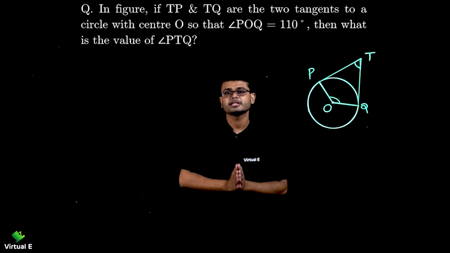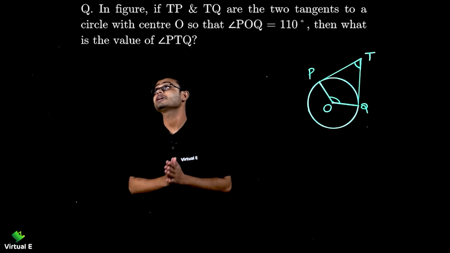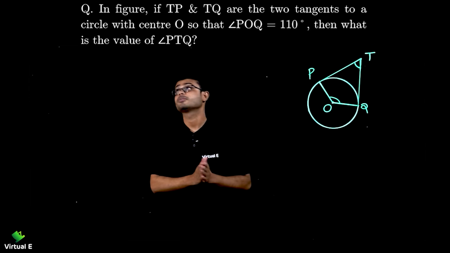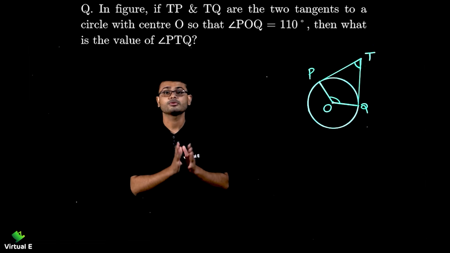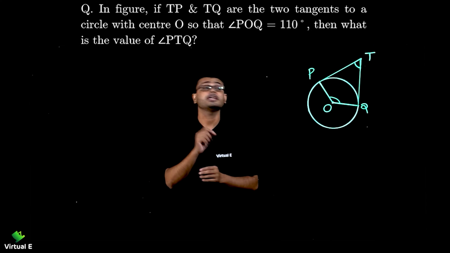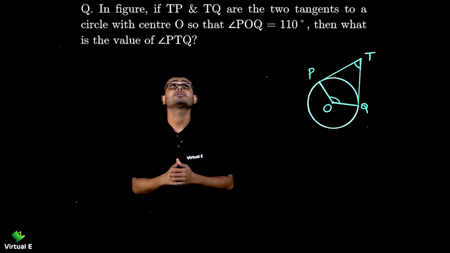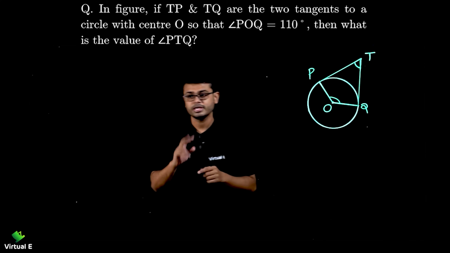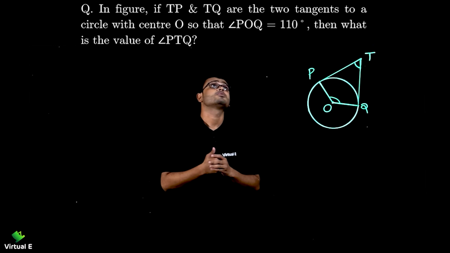Let's do sums related to the theorem that we learned. Let's start. In the figure, the figure is already given, so there's no need to draw it or create it actually. If TP and TQ are the two tangents to a circle